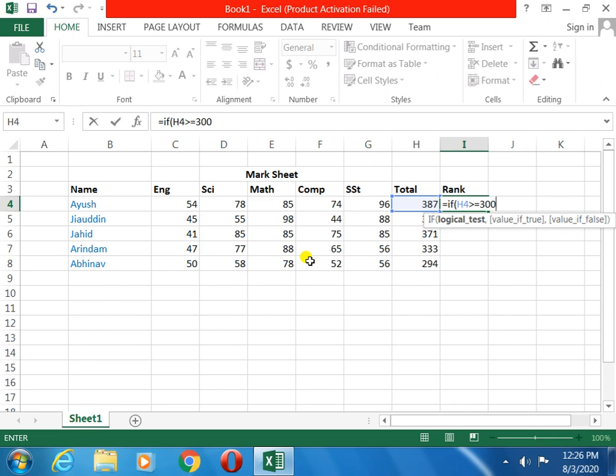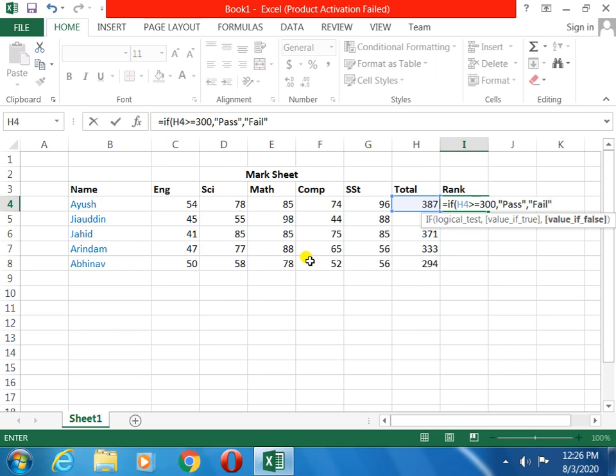Then you will give the comma sign. Then you will write double quotation marks. Within the double quotation, the first option, if it is correct, will come as pass. Otherwise, you will give a comma, then within double quotation you will write fail. Clear?